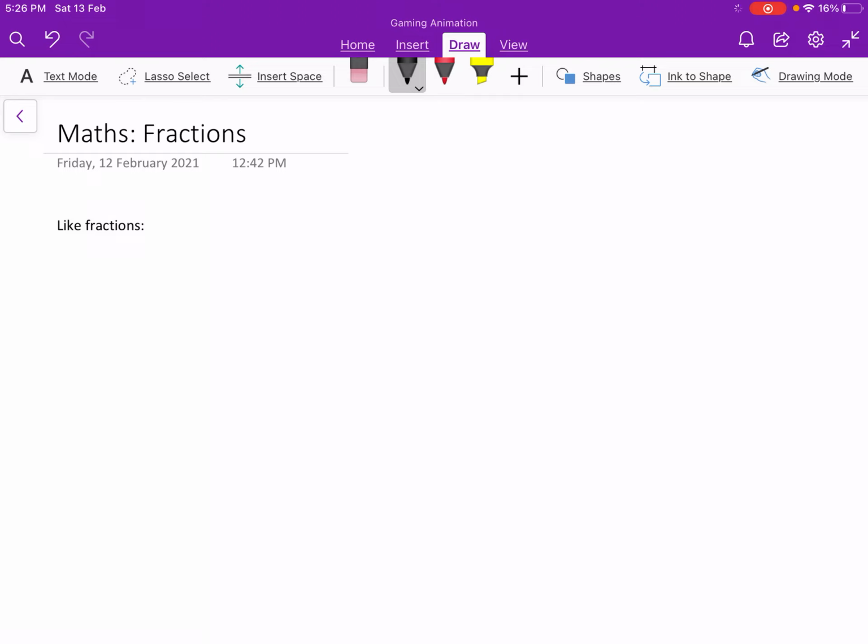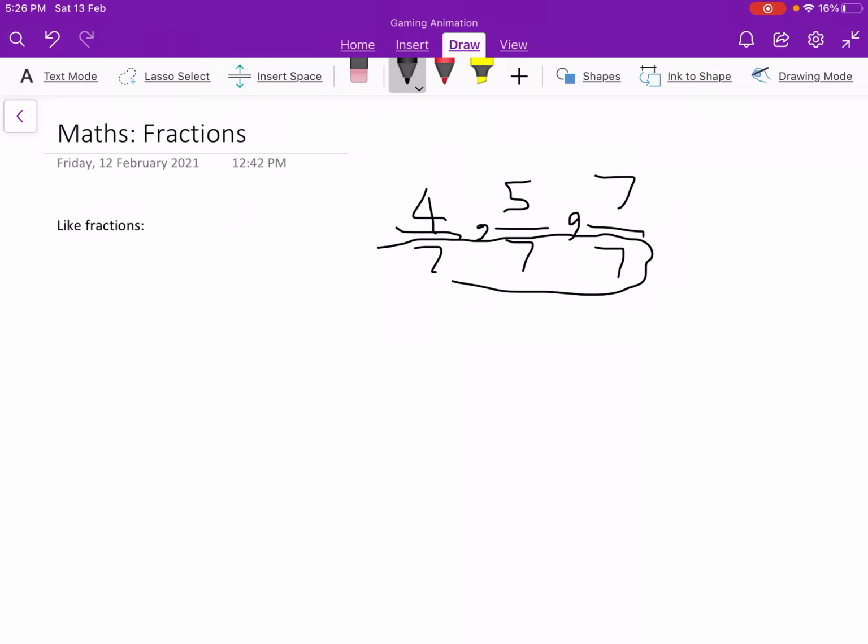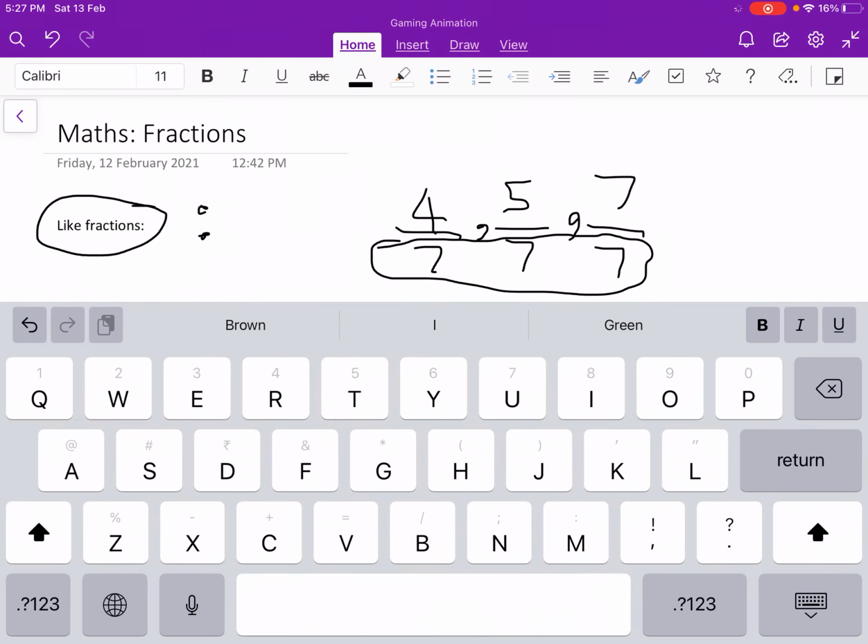So like fractions are fractions which have the same denominator, like 4 out of 7. Now we're gonna do another fraction near it, and it's 5 by 7 again. And we're gonna do another fraction which is 7 by 7 again. Well, the same denominator for every number is called like fractions. Okay, so now you have an idea of it. Let's go to